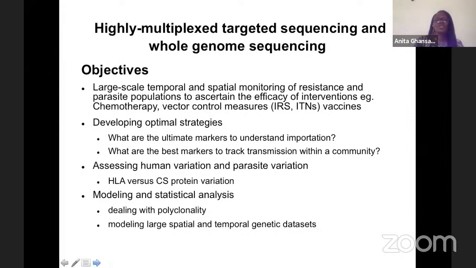And these are also being used to track the effect of various interventions. So if it is a drug or vector control intervention or a vaccine, we are using these spatial temporal monitoring of resistance and parasite population to ascertain the efficacy of these interventions. We are assessing human variation and parasite variation. So we are interested in understanding how antigens are presented